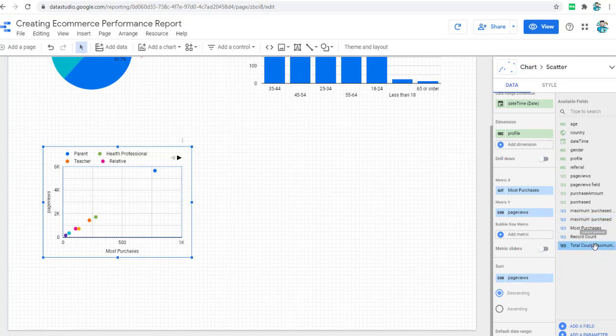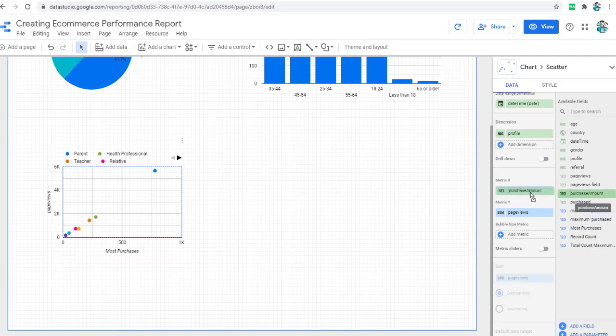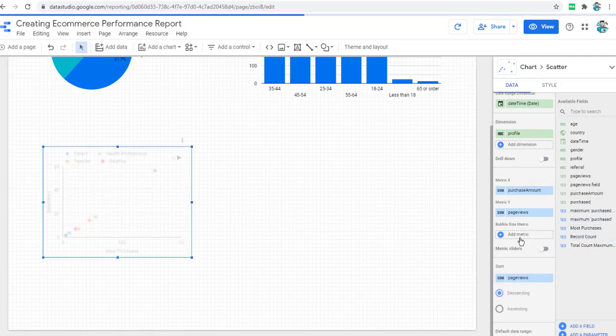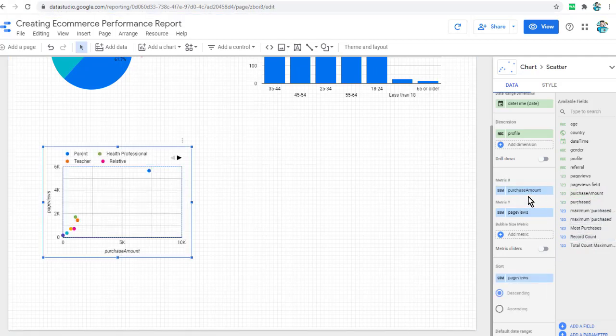And what we can do is we can get the purchase amount and put it at the place where purchases was, and now it looks much more useful. So purchase amount is the total amount that was purchased by each profile, and on this axis we have the page views, and at the bottom we have the purchases.